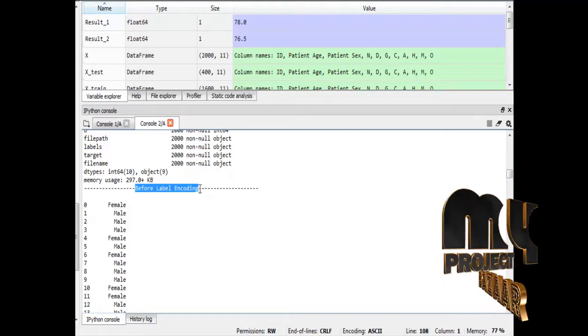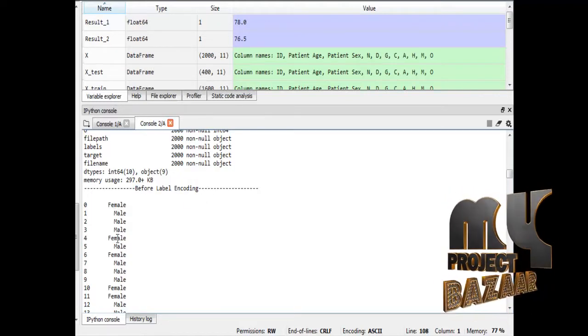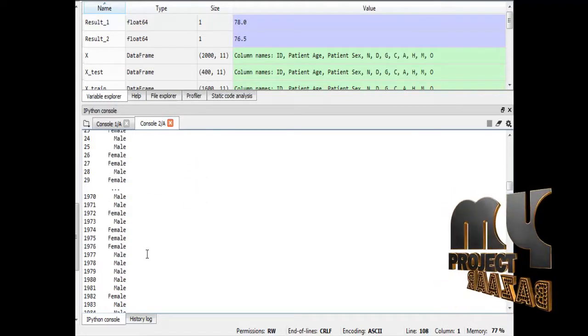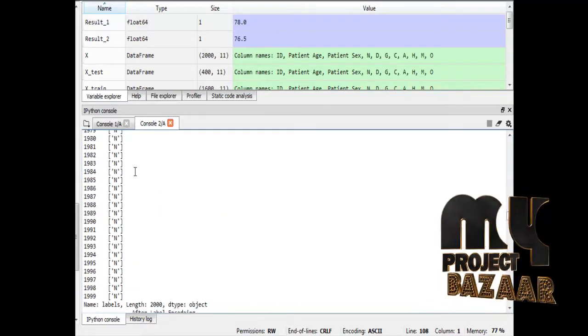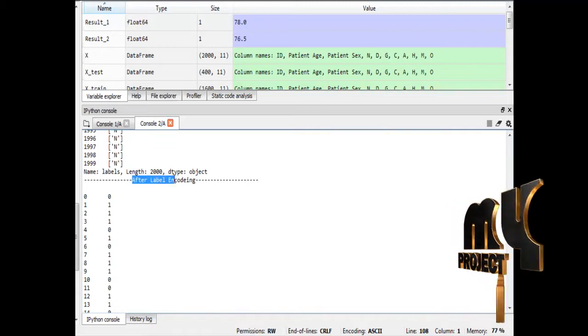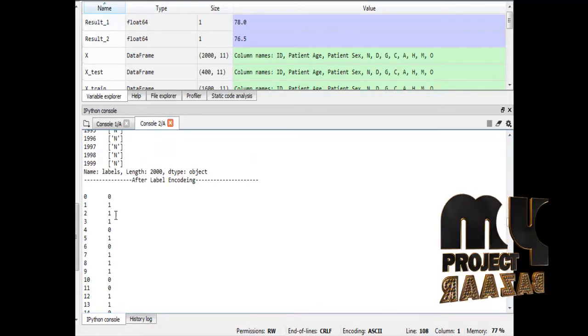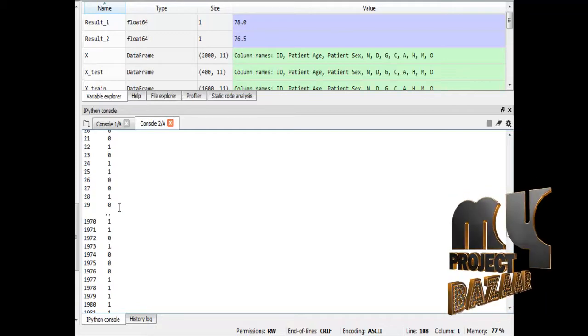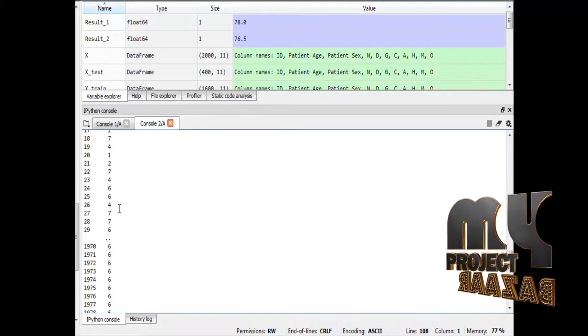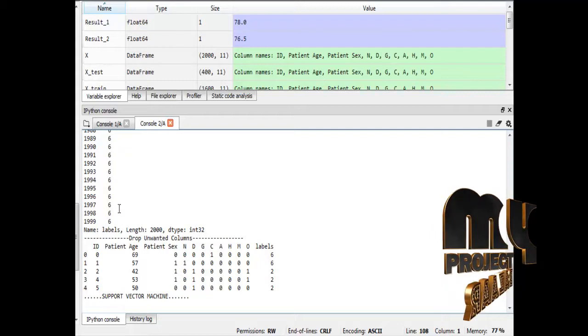This is before label encoding, the column with female, male, and so on. After encoding, it will convert them to 0 and 1. I hope you can understand. This is the label encoding.